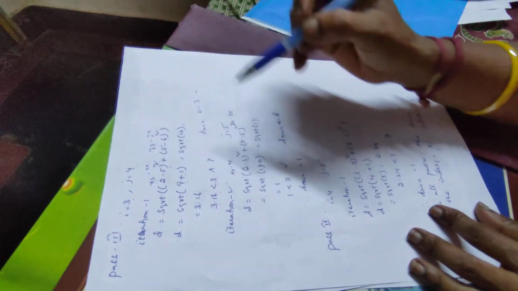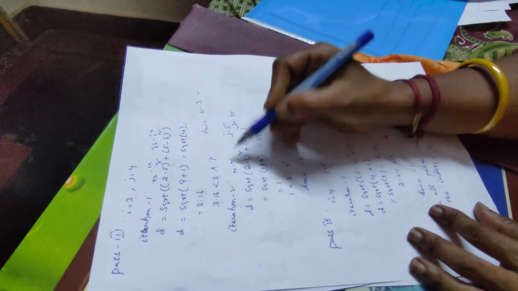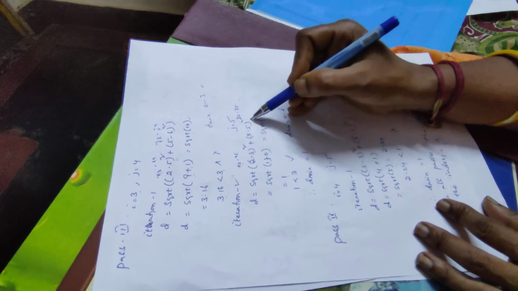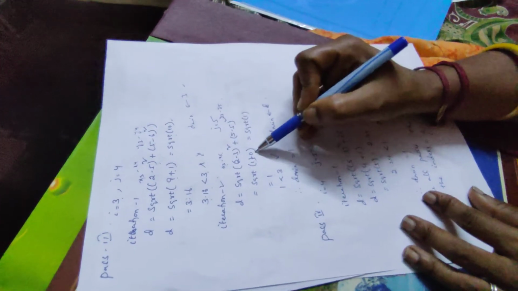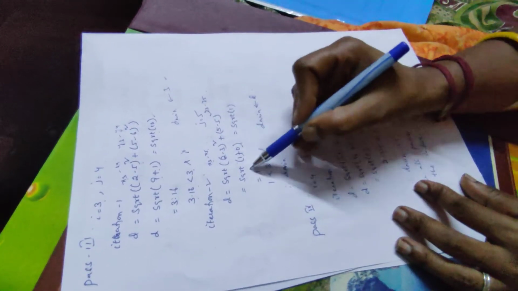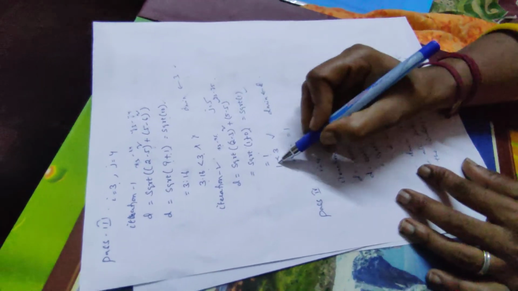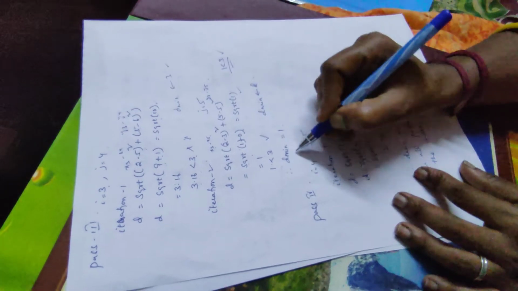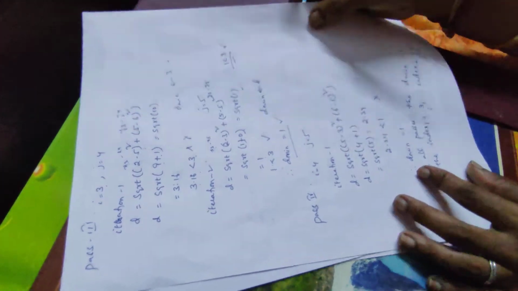So now it will take x3 minus x5 and y3 minus y5 positions, 2 minus 3 whole square plus 5 minus 5 whole square. I get square root of 1. So what is my square root of 1? It is 1 only. So now it will check 1 is less than 3, the condition is true. So then what is my d min? Now it changed to 1.